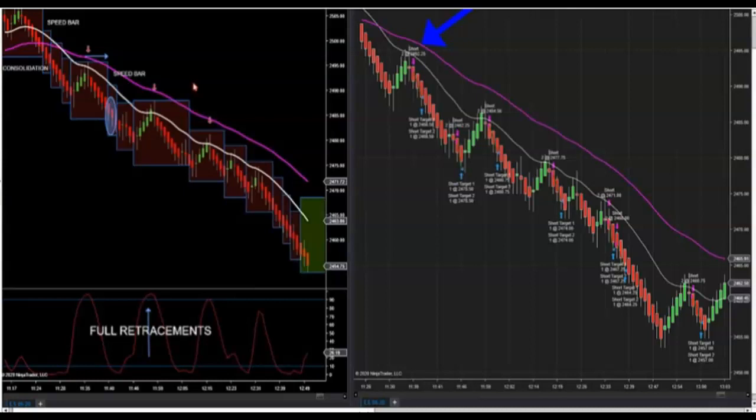I would set the 9 sim right beside the 9 sim on the algo. I'd set the 5 sim and the 5 sim right next to each other. And the 3 and the 3 right next to each other. The reason I'm saying this is that these arrows are automatically going to come up on target 1, target 2 that you put in, and the trail